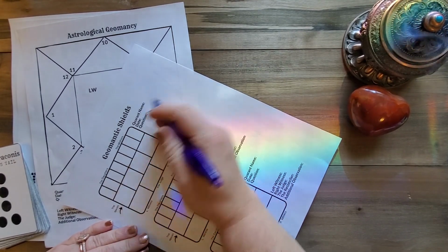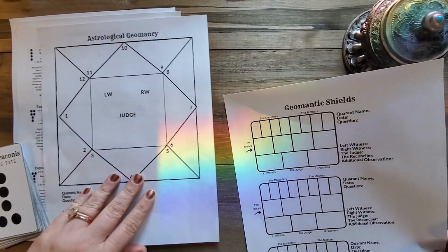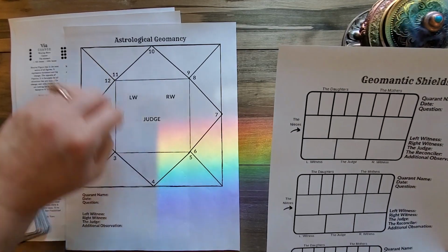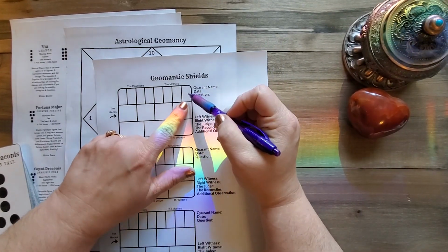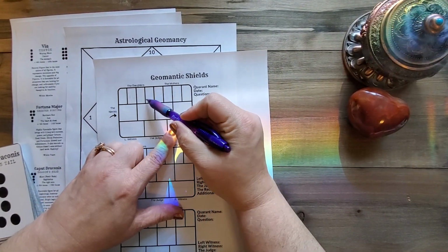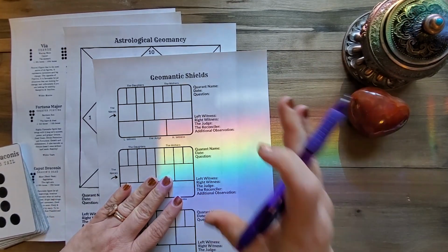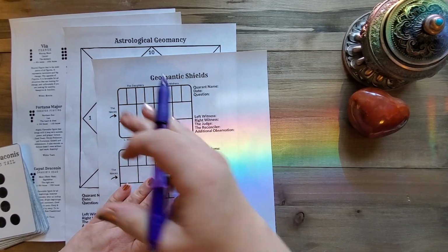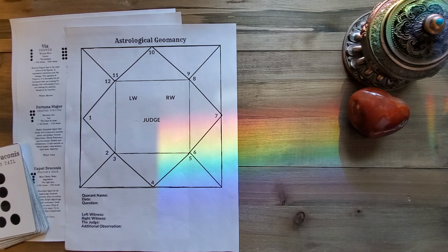But then I filled it all out, and then you can transfer it over into your astrological signs, or your astrological chart. And you can put this is first house, second house, third, fourth, fifth, sixth, seventh, eighth, 9th, 10th, 11th, and 12th. So this essentially would be your answers and how they affect each different house of your astrological chart. So the first house being of yourself based off Aries,